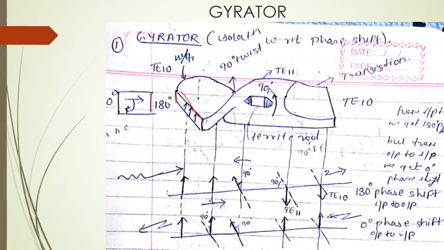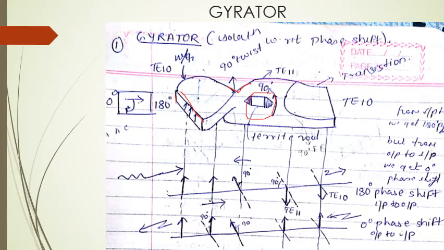So the reason for having the rectangular section at the start and the circular section is to have a tapered type of transition, so that reflection losses can be kept minimum. In this, if you compare the gyrator with the isolator, there are no resistive parts anywhere. In fact, you just have a mechanical twist. Can you all see? I marked it with red color, and you also have the ferrite rod.